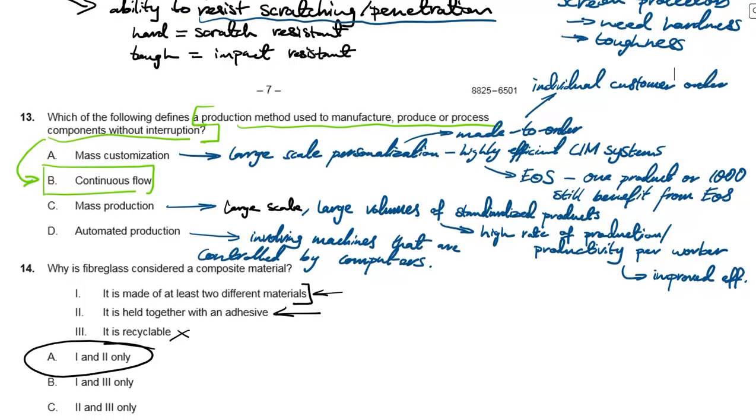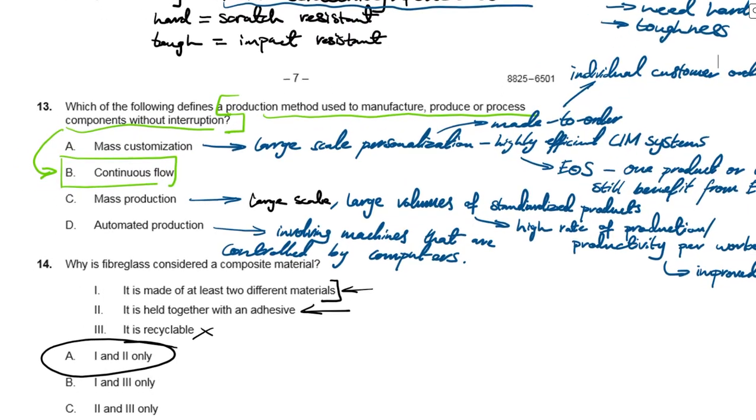Now we'll move on to question 13. They're asking about production method. I'm sure you guys already saw this question and tried it out. So our answer is continuous flow, and that's because we're talking about without interruption. That is our products like consumer goods, let's say everyday popular consumer goods like